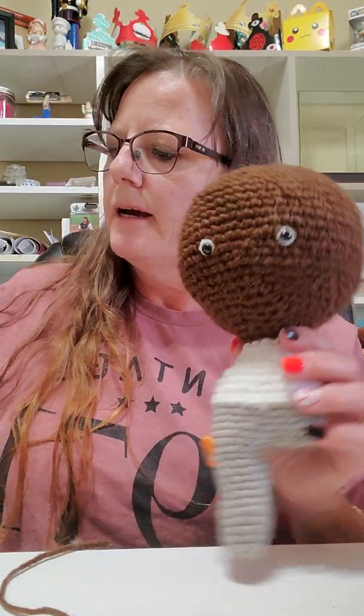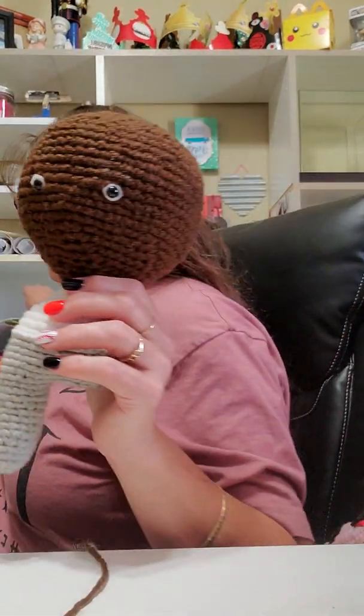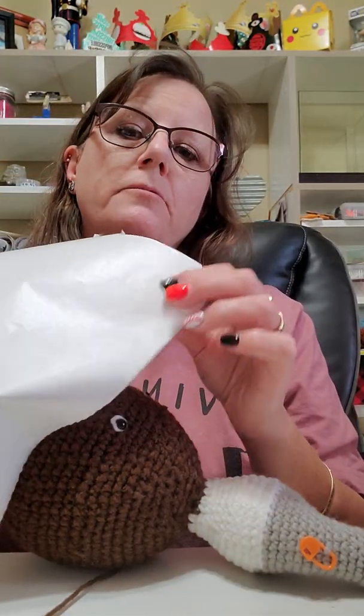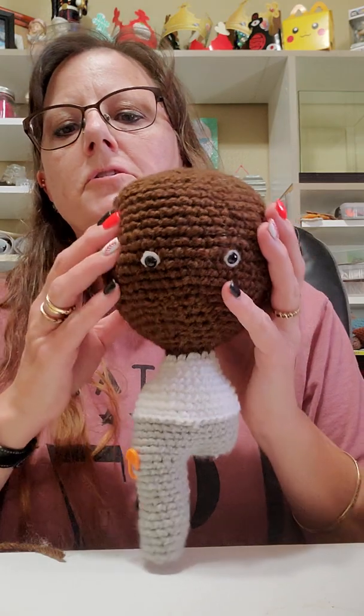So on this pattern, he did call for little felt around his eyes, and you know, with the way that things are right now, it's kind of hard to find some supplies, and the Walmart didn't have the color of felt that I needed, but they did have a pack, and it has adhesive on the back of it, a sticker with adhesive, and so it actually makes it pretty easy to cut out and just stick the little eye in there to give it a little background to the eye so that the eye doesn't disappear on this darker